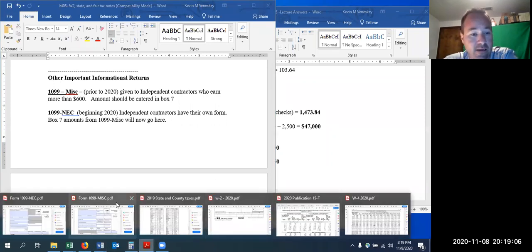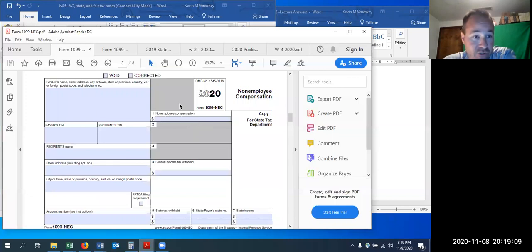The 1099 NEC, as you can see here, is really simple right now. All it shows here is how much compensation that non-employee got. So for any independent contractor, you're just going to put it here, as the company who hired them. And then if you happen to take taxes out, put that here. It's most of the time going to be 0 though. And if you happen to take state income taxes out as well, it would most of the time be 0. And you'll just have an amount here that the IRS is going to verify: did this person actually record and put on their tax return that they earned an extra $2,500 as a non-employee? Did they put that as an independent contractor?